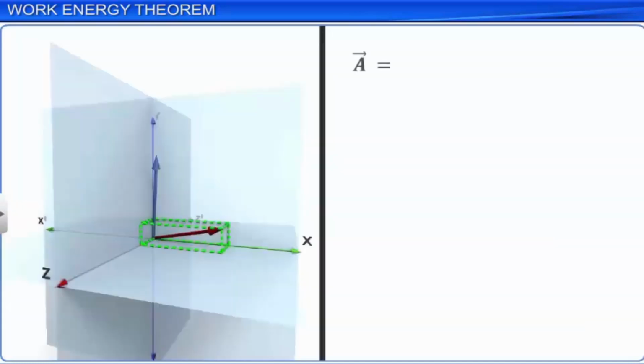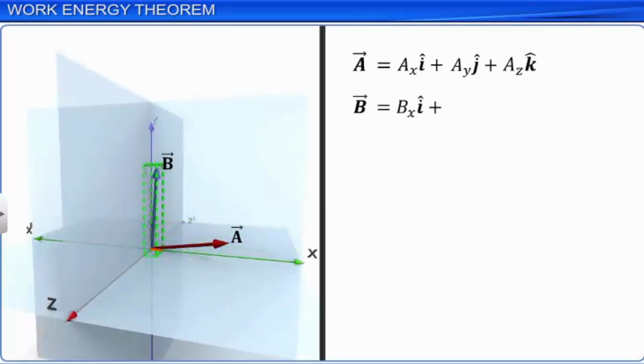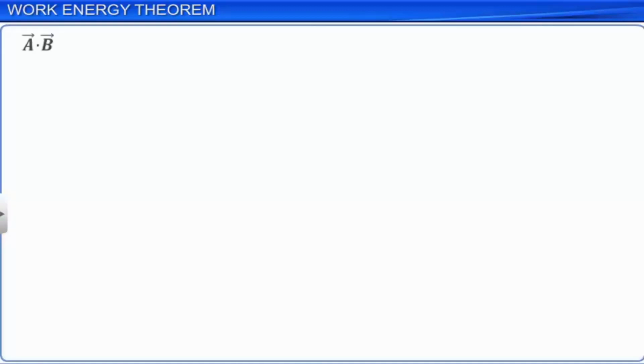If two vectors A and B are expressed in terms of their components along coordinate axes AX, AY, AZ, BX, BY, and BZ respectively, then A dot B is equal to (AX i plus AY j plus AZ k) dot (BX i plus BY j plus BZ k),